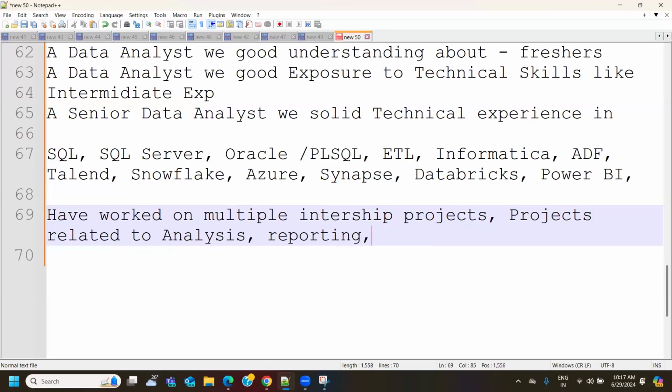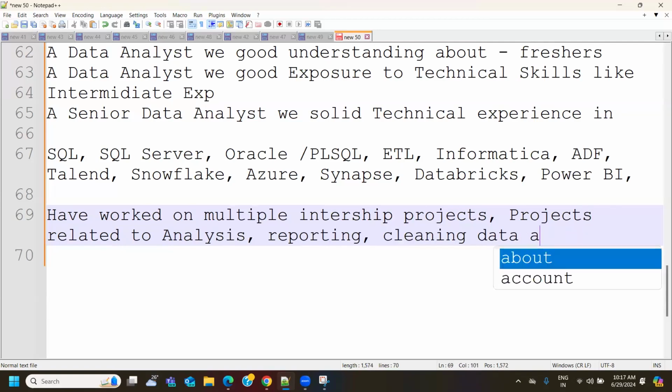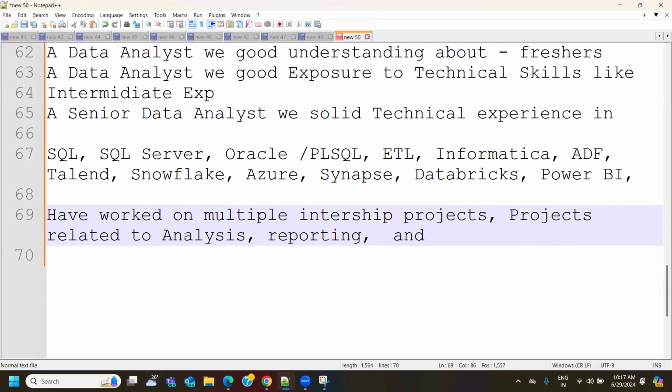reporting, cleaning data, and cleaning data should come second, because after analysis of data, cleaning comes into the picture. Cleaning data, then reporting. After reporting and